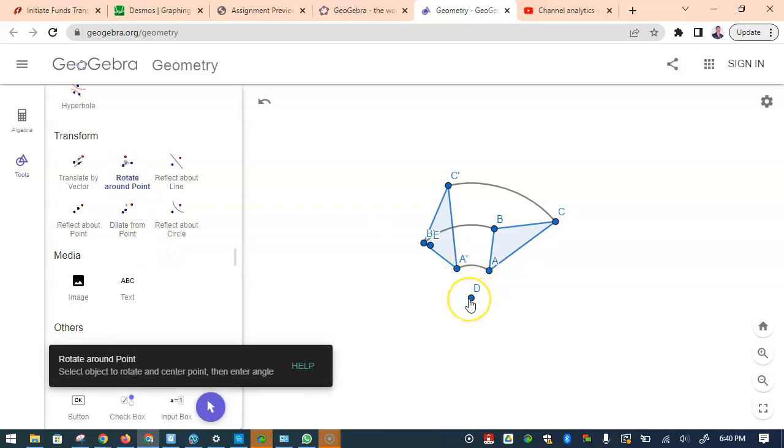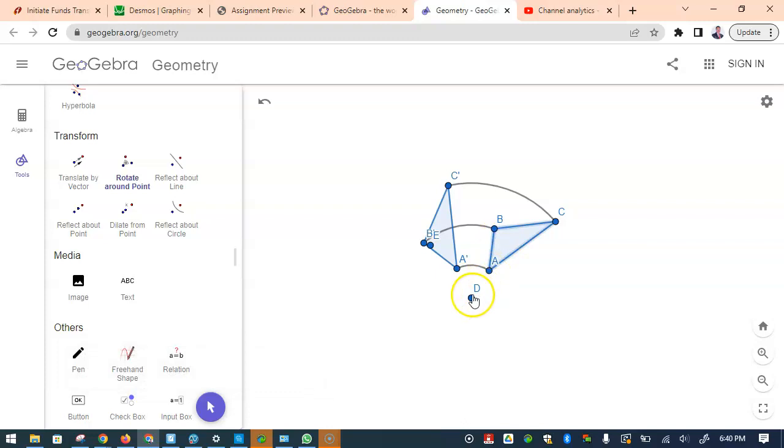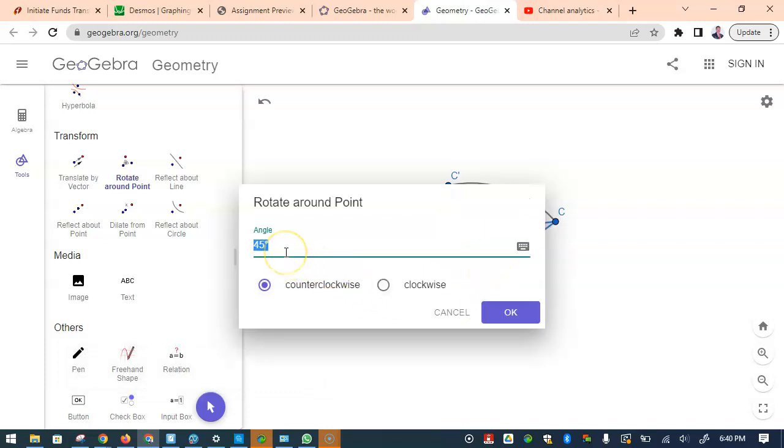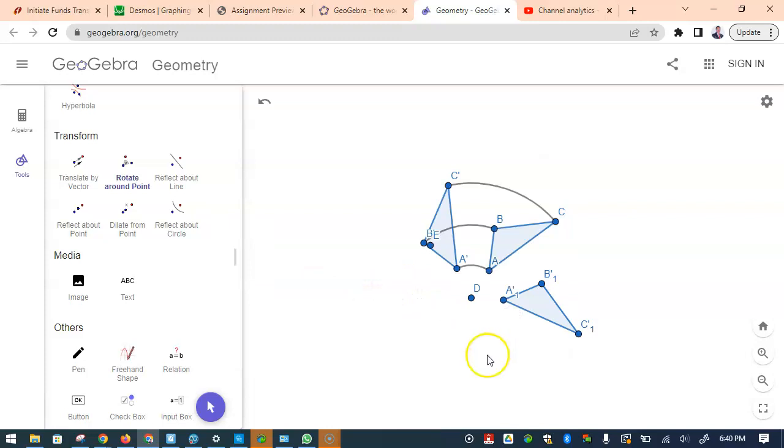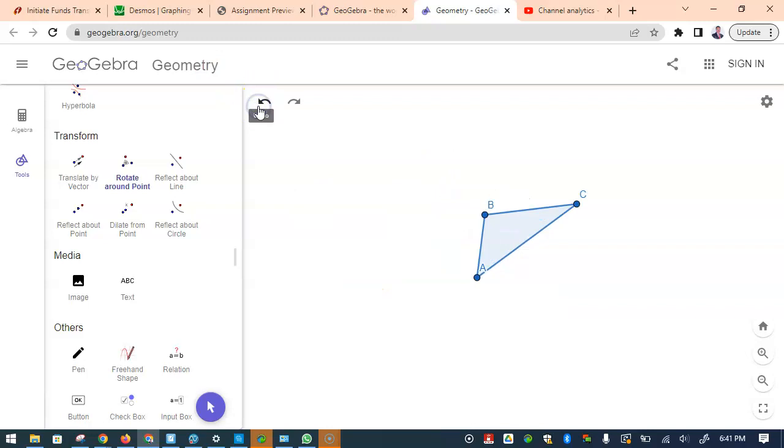So if I click on this point, the object you want to rotate around, and this time I'll take 60 degrees and let's do clockwise. You can see it goes round, right? And this time you see it's going in the clockwise direction, and hope that helps. Well, let's go. Next one is about